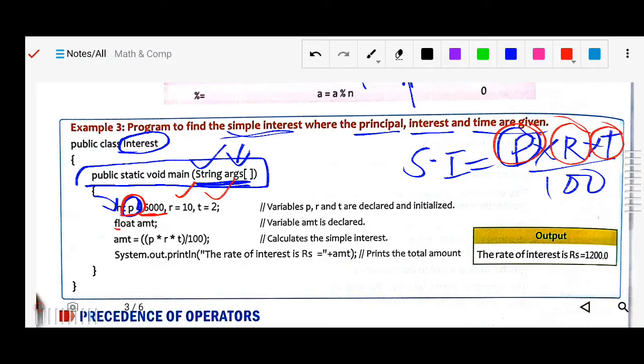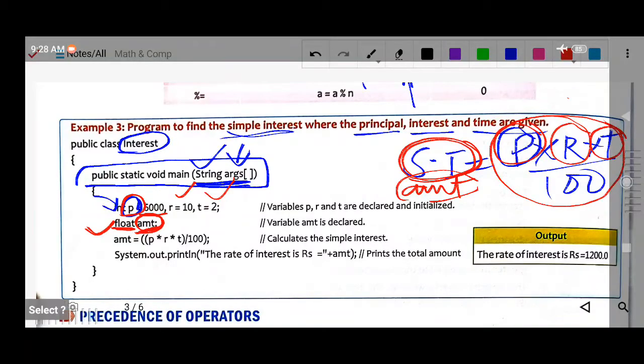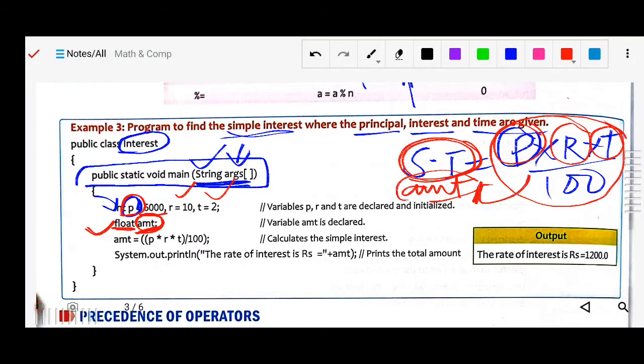Now we have taken another amount, the SI, which we have named AMT, and its variable name is AMT. Whatever the calculation of p into r into t is, its value will be stored in AMT.